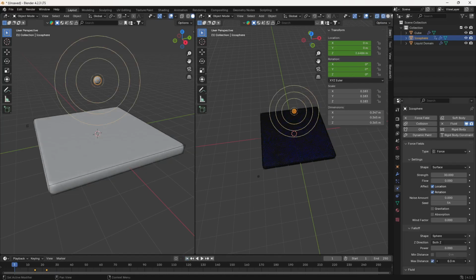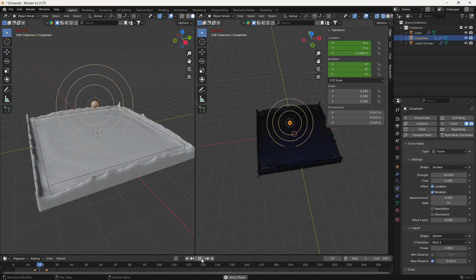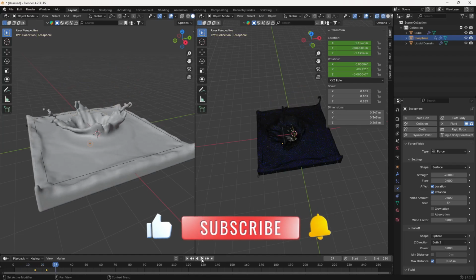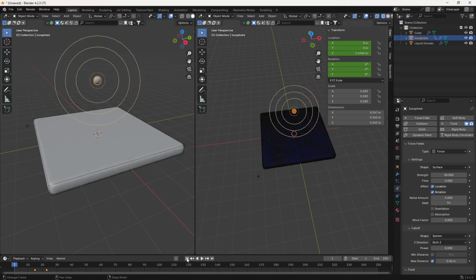So we need to play with the settings here, guys. So this is totally a play of R&D, research and development. Once you are happy, you can increase the resolution as well. Yeah, now you can see we are getting this really good crown splash effect, okay, which I want as well. Okay, so let's say you are satisfied with this result, then what you can do, you can increase the resolution as well and bake it out.